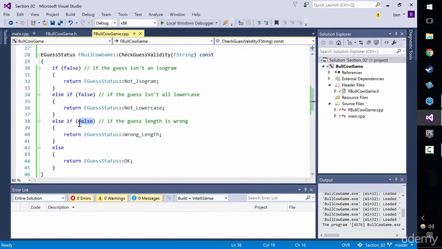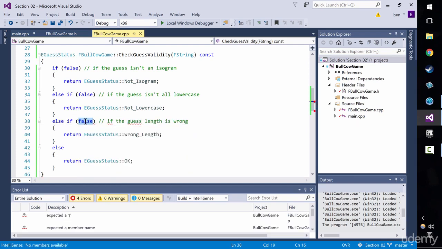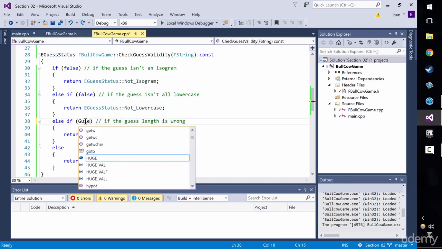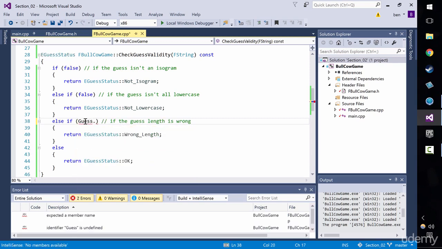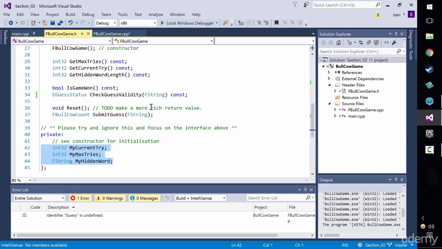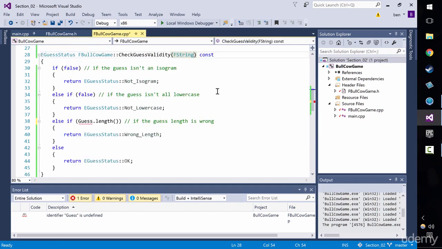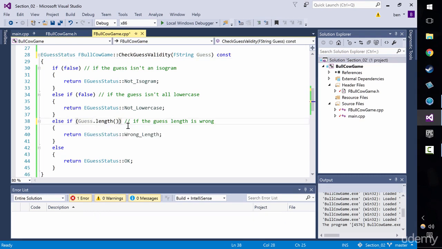Cool, welcome back. So this is hopefully pretty simple. What we're doing is we're saying guess.length. Now, we don't have guess, and that's because I never made a handle for the incoming parameter. When we declare a method like this, we don't have to give ourselves a variable name, right? We don't have to give a handle to hold on to this, but when we implement, we do need a handle. So there's guess. Now guess.length will work, and if guess.length is not equal to